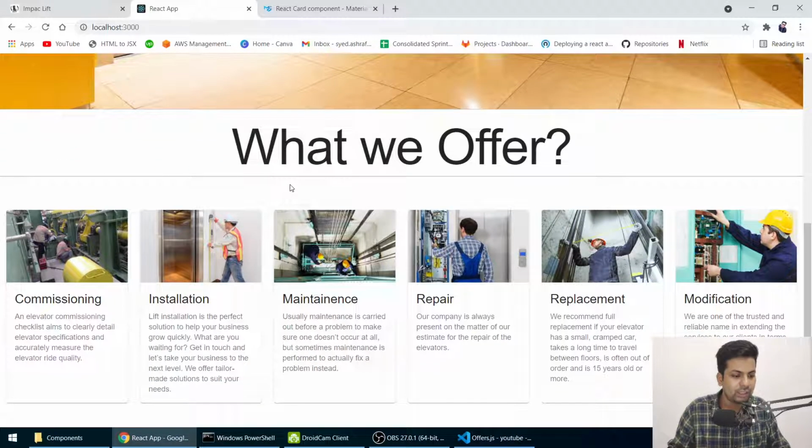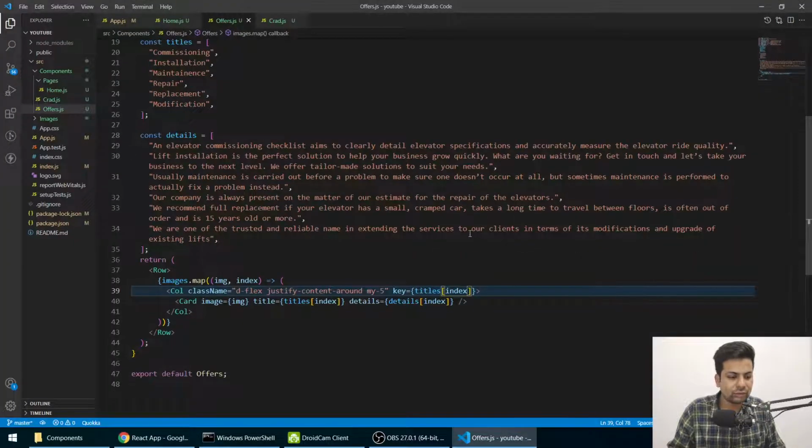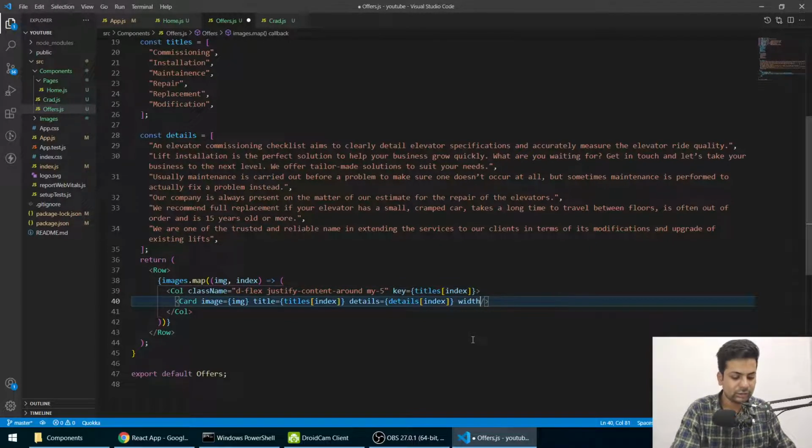If I go here, now the margin came, and this is also fixed in its own place, but we have to change the size. So we'll send the size also. Here we'll say width equals 345, and height equals, what height do we need, I think we'll just go with 230.